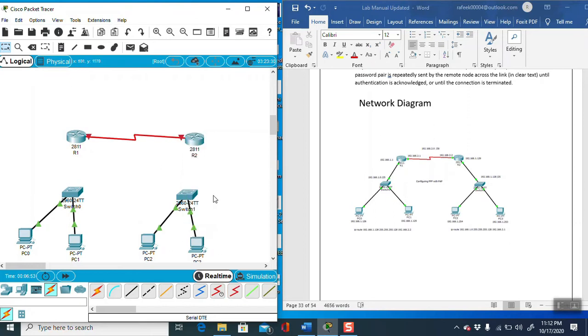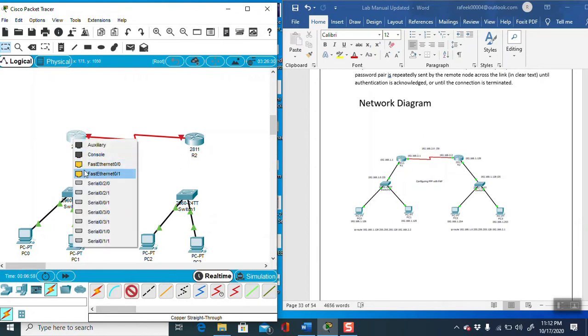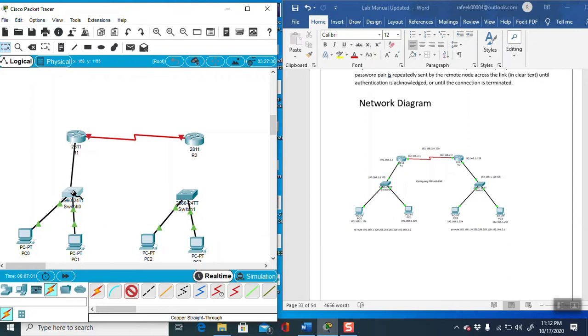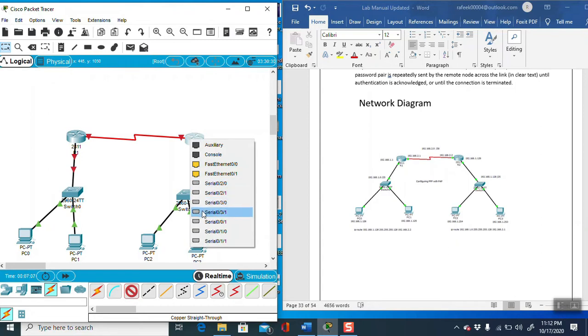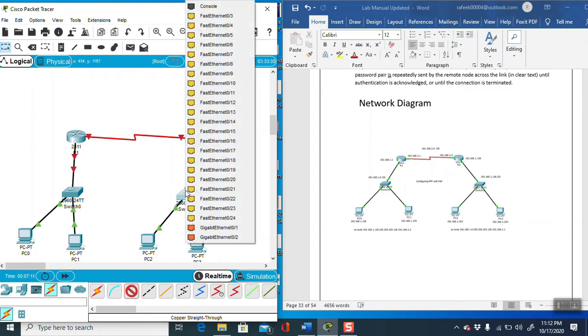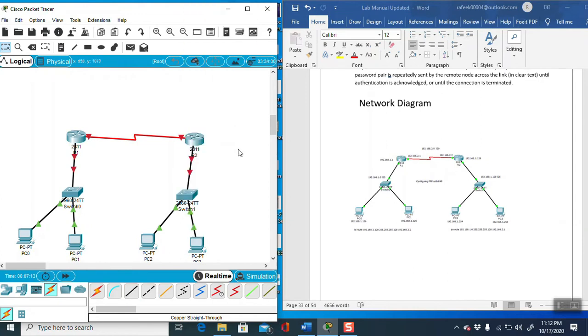Then use FastEthernet here and the same on the second router. Now we have made the diagram, so let's go for the configuration.